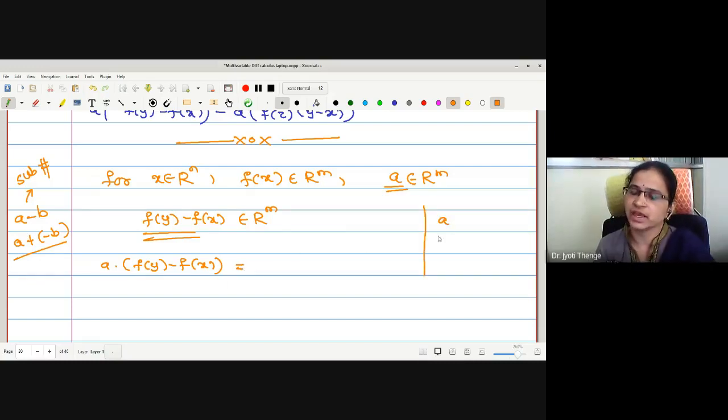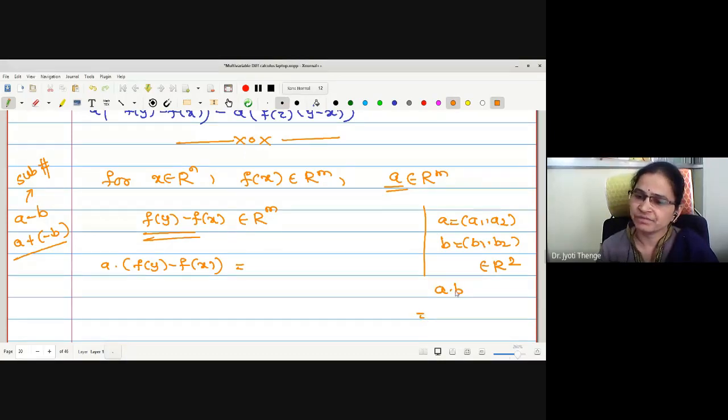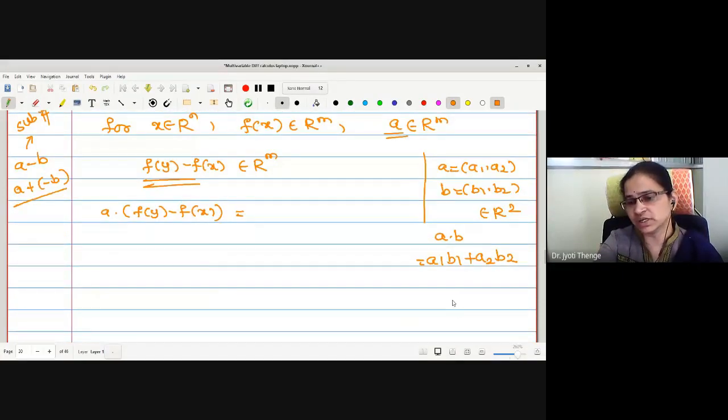Suppose I have two vectors. A question I think I asked you in the last lecture. A is (A1, A2) and B is (B1, B2), both members of R2 space. Then what about the dot product? How have we defined it? A1 B1 plus A2 B2. What is this number then? What is this resultant? Is it a scalar or a vector? Scalar. It is a scalar. The dot product of any two vectors gives us a scalar quantity. Therefore here also, this belongs to R.